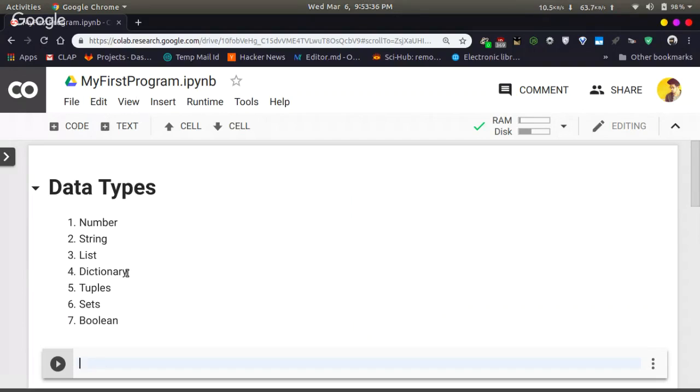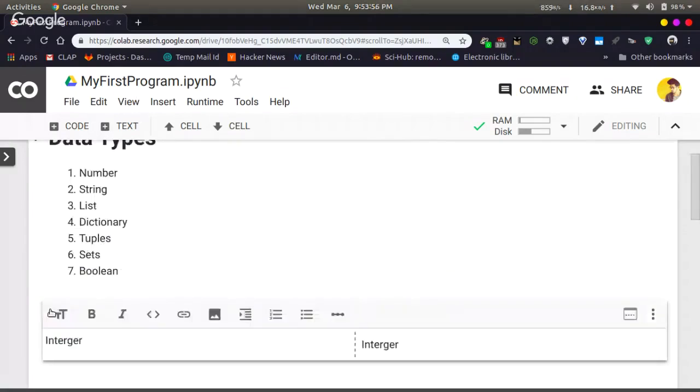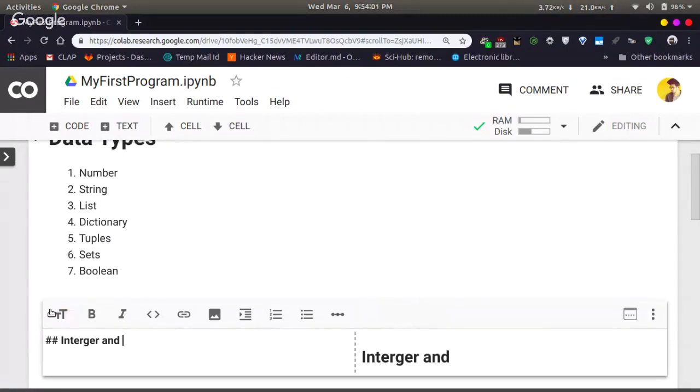Today we will be only looking at numbers. So what is a number? Number can again be classified as integer and floating or real numbers, floating point.